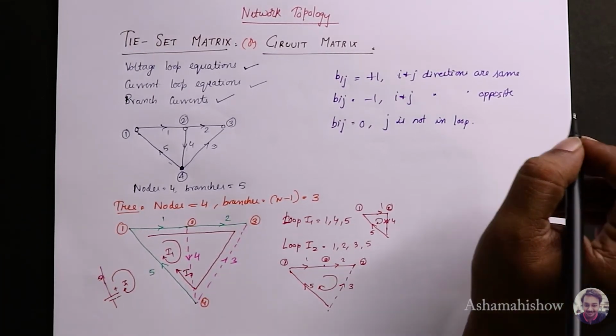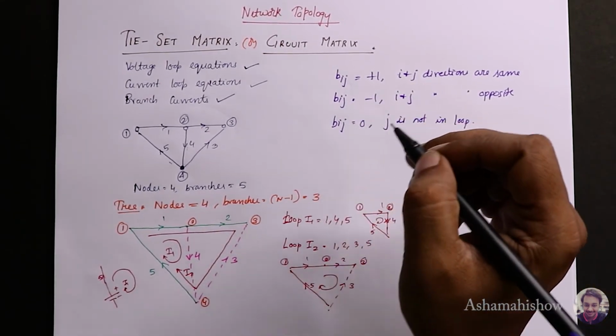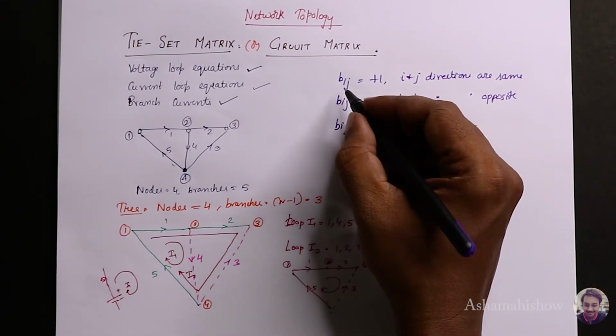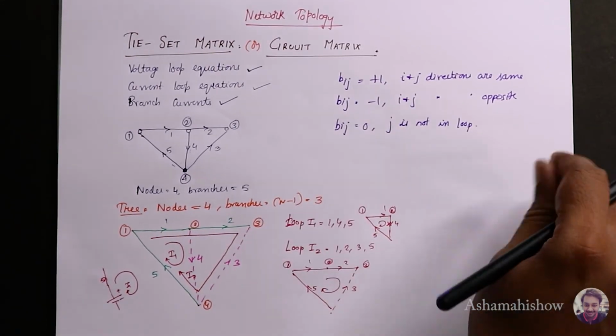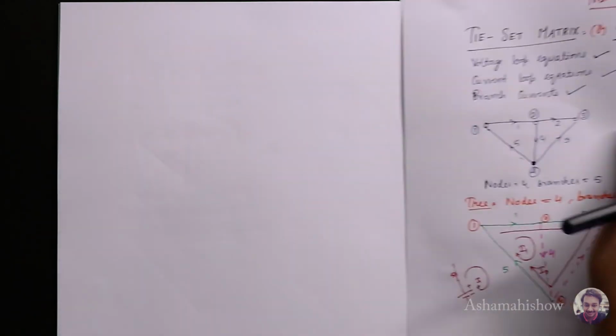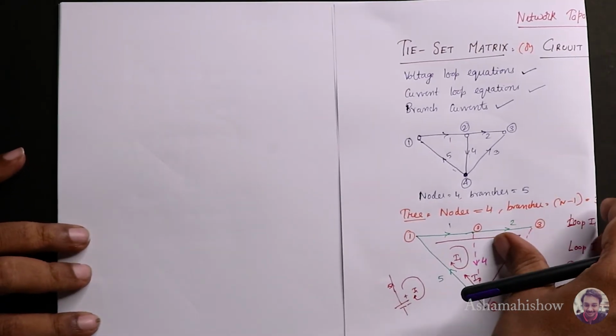So here I is not taken as a node, I is taken as the loop and J is taken as the branches. Like in the instance matrix, your I is the node, but here I is taken as the loop and J is taken as the branches. Okay, now I'll keep this aside for your understanding. Now let us draw a tabular form.